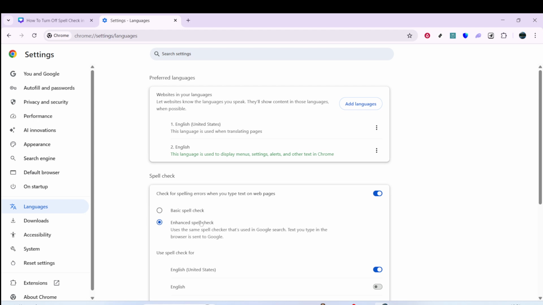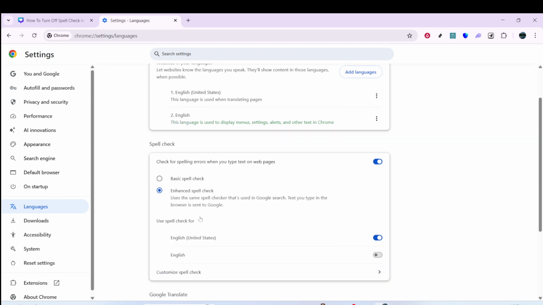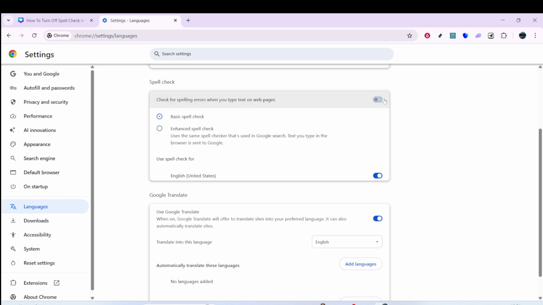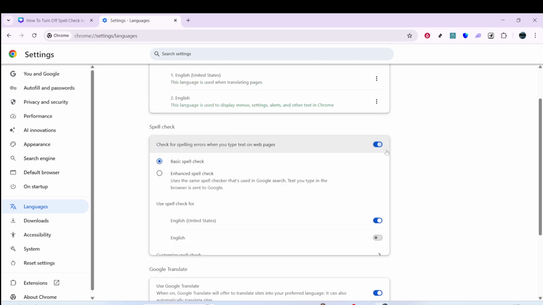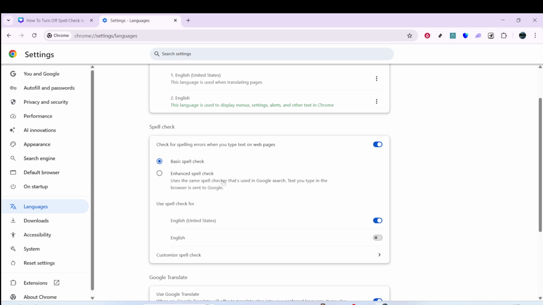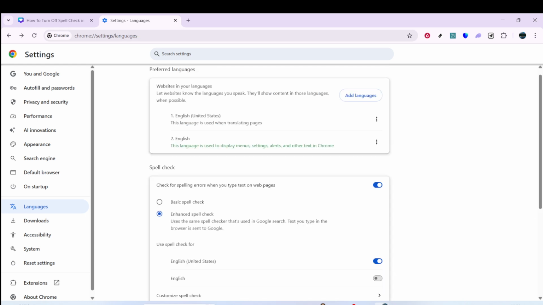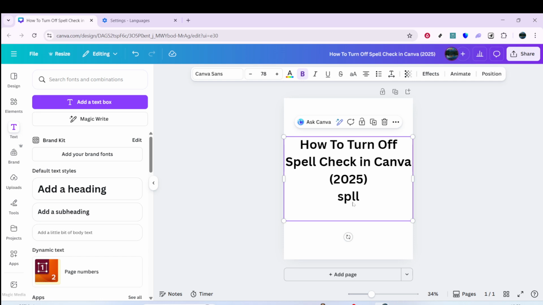Toggle Basic Spell Check off. Basic keeps spell checking on your device using Chrome's built-in dictionary. Turning it off stops Chrome from automatically underlining words it thinks are misspelled. Next, toggle Enhanced Spell Check off as well. Enhanced uses Google's web services to check spelling more aggressively, and it may send text you type to Google to improve accuracy. With both Basic and Enhanced turned off, Chrome will stop flagging words with red underlines across websites, including